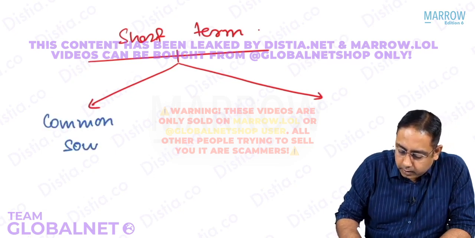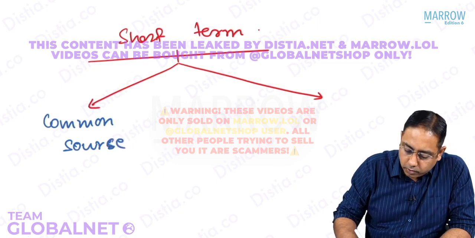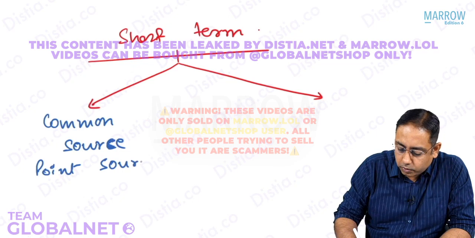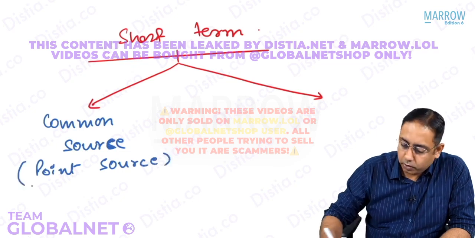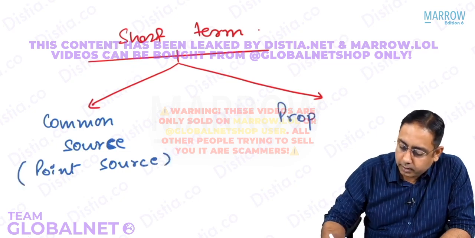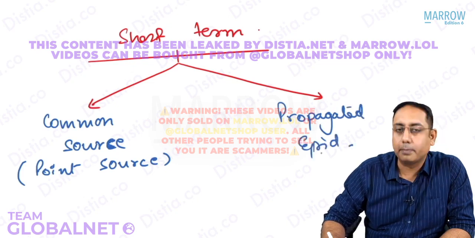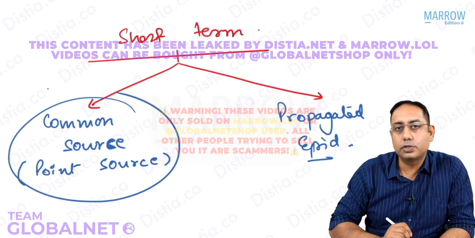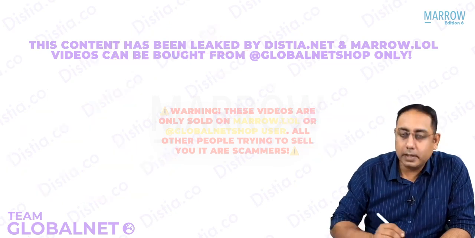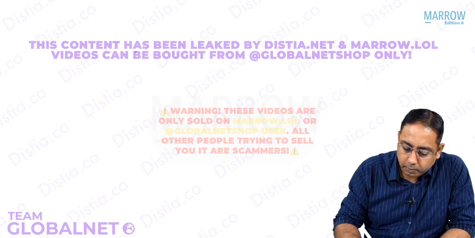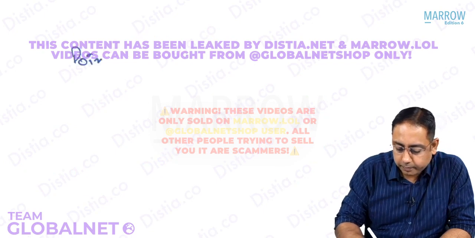So there could be a common source, also called as a point source, or there could be a propagated epidemic. Let us talk about the common source epidemic. What do you mean by the common source or the point source epidemic? Talking about the point source epidemic,